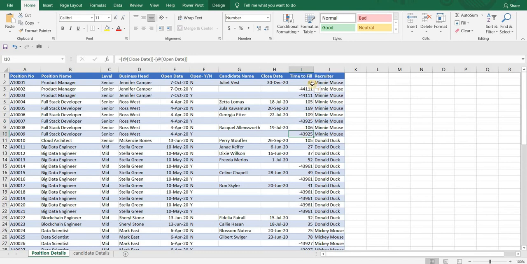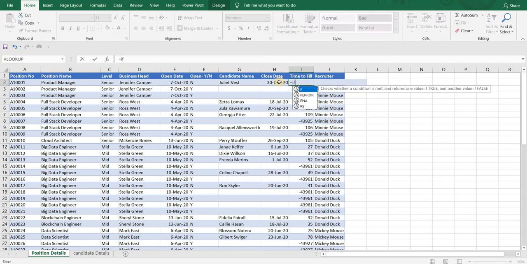To avoid this, we will use the ISBLANK formula. So in ISBLANK, we are checking if close date is blank, that is the logical test. So let me select the H2 cell. Then it is asking value if true. What value needs to be returned if this condition is found true?